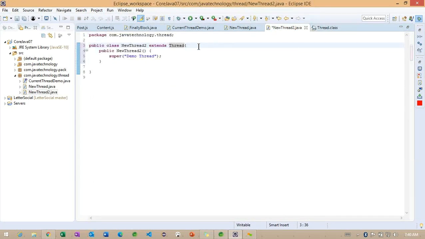Back to NewThread2: we are calling this constructor with the name of the thread. After executing this, I'm going to specify some message, something like current thread, child thread. We can check what the current thread is.